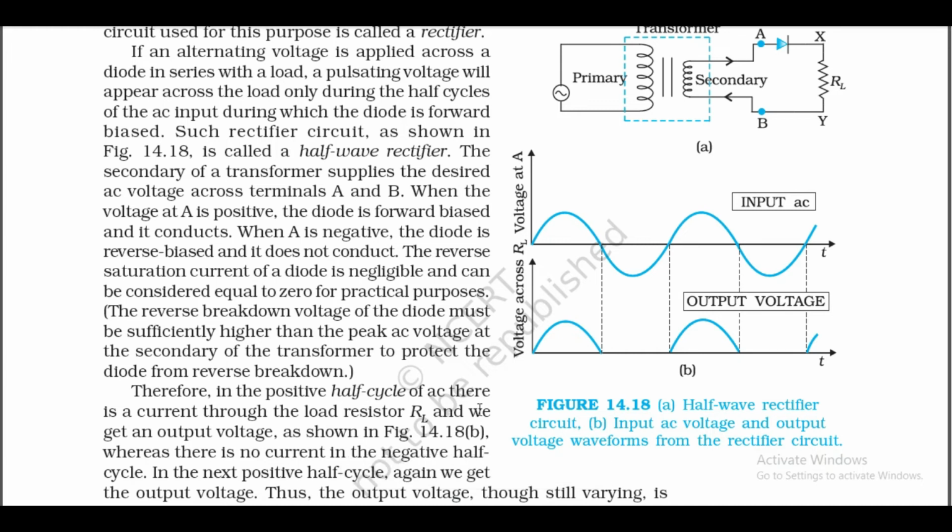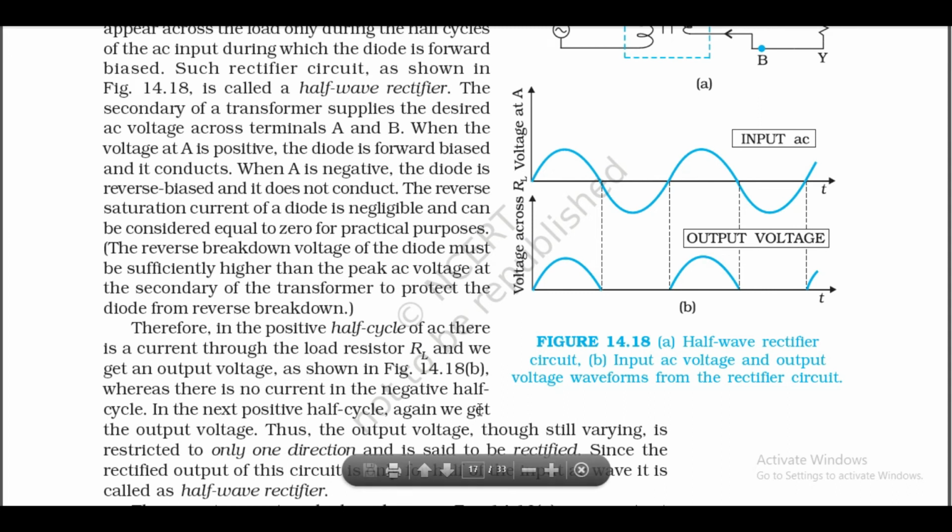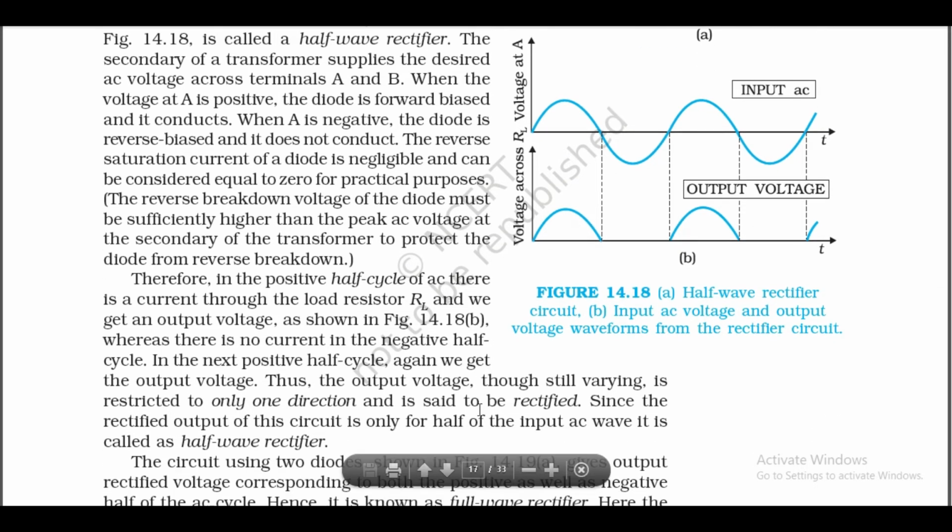Therefore, in the positive half cycle of AC, there is a current through the load resistor RL, and we get an output voltage as shown in figure 14.18b. Whereas there is no current in the negative half cycle. In the next positive half cycle, again we get the output voltage. Thus, the output voltage, though still varying, is restricted to only one direction and is said to be rectified. Since the rectified output of this circuit is only for half of the input AC wave, it is called a